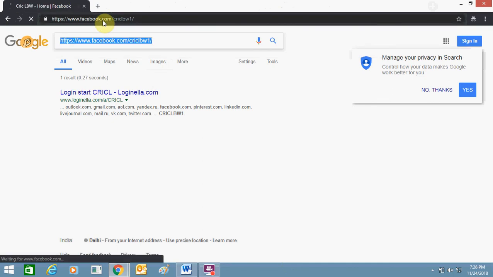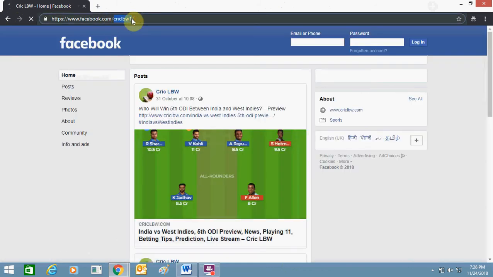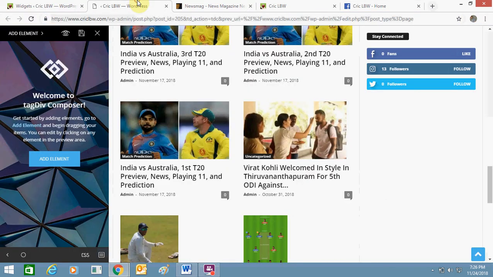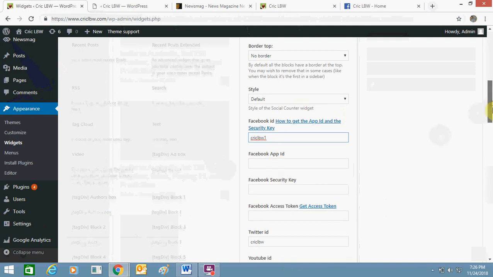So you need to copy the code of your Facebook ID. This part you need to just copy and paste here, your Facebook ID, and leave this app and security and this token number.